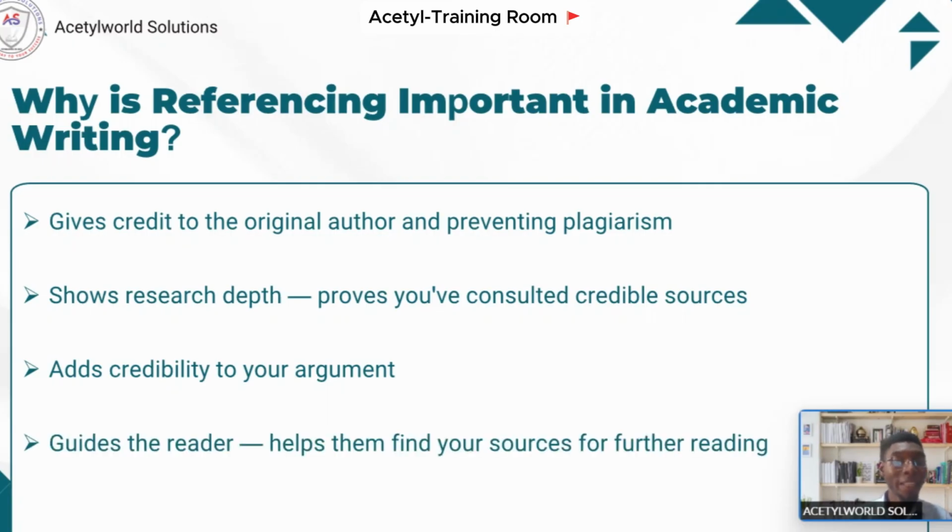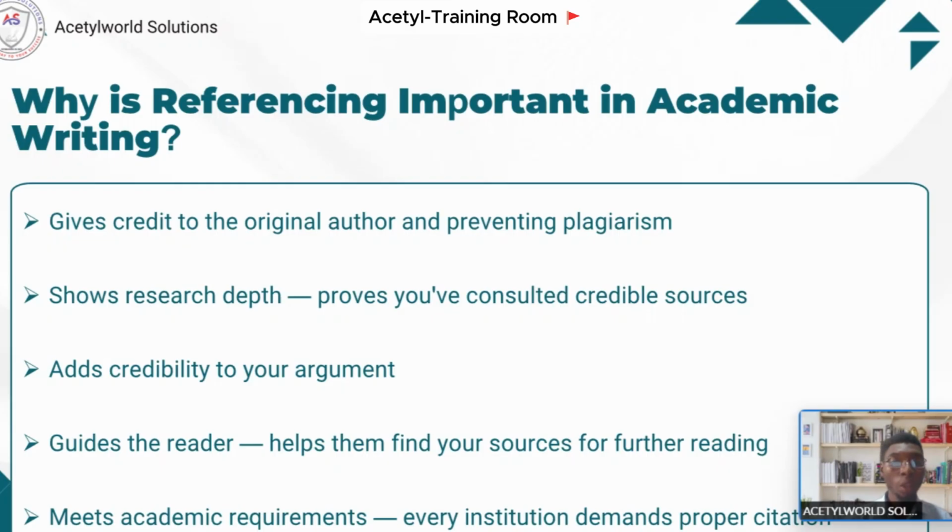Number four, it helps your reader to trace the source for further exploration. So it allows them to find your source for further reading. And also, it meets institutional and global academic standards. If you don't reference properly, your work cannot be considered academically sound. That is just the truth.